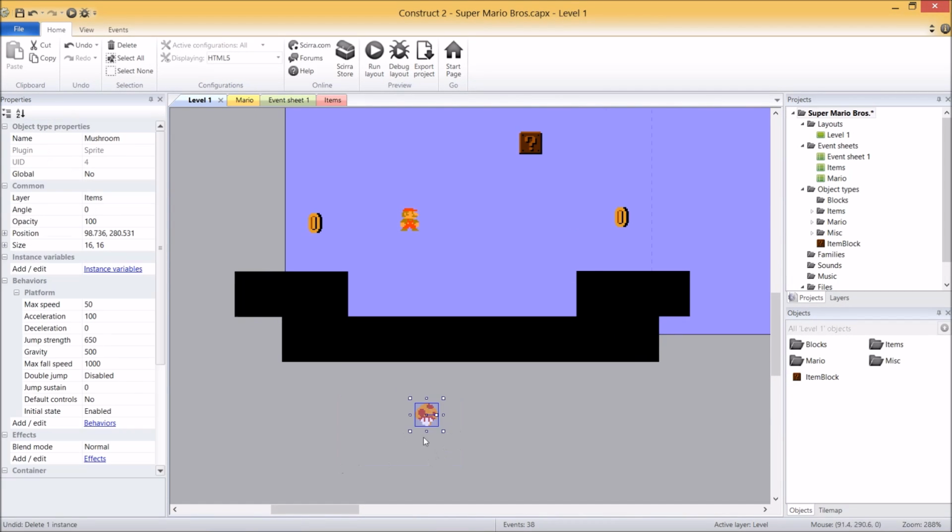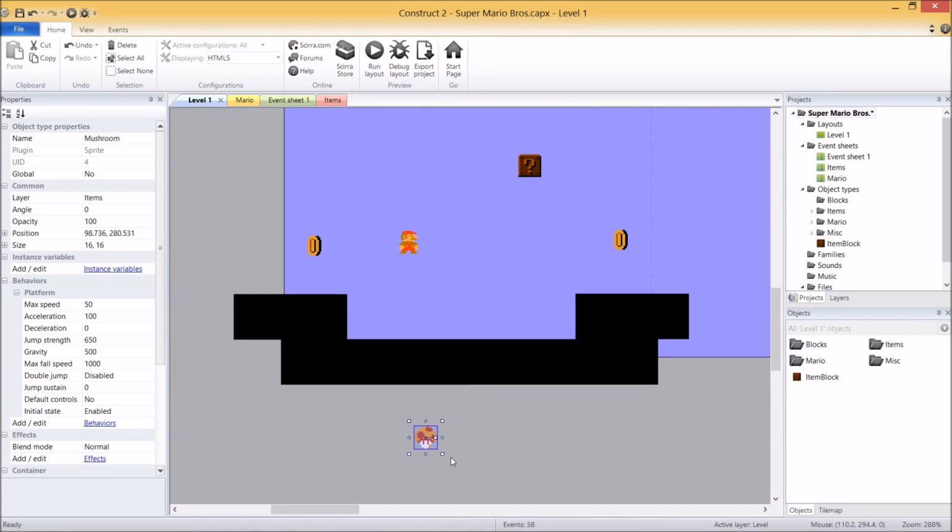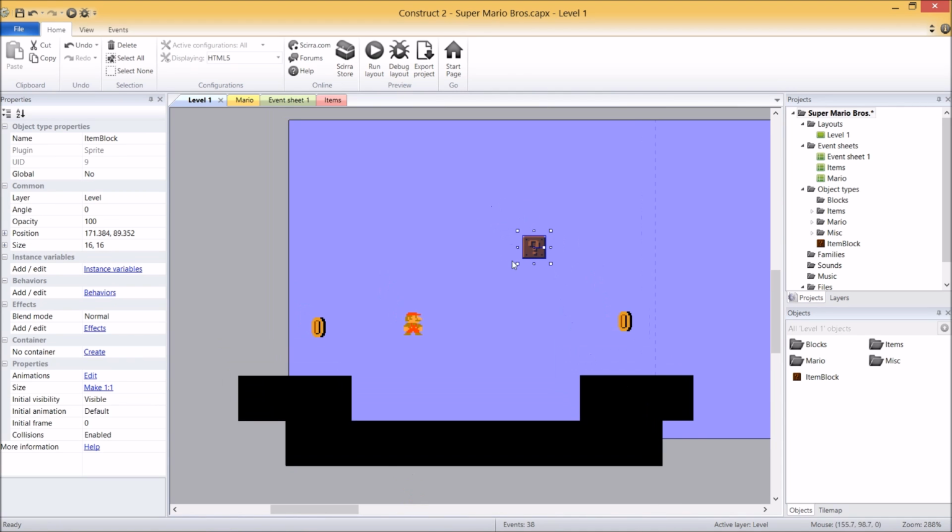Now, one thing I have never explained in this tutorial series, I have in my other videos, is that if you want to use an object somewhere in your game, let's say a mushroom for instance, they generally come from blocks, so you don't get one hovering around the level to start with. However, if you want to use one of these items, you actually have to have one that exists at the beginning. That means you need at least one that the player can't see or get access to. So I generally just put one down the bottom of the level. If you wanted to, you could delete it when the game started.